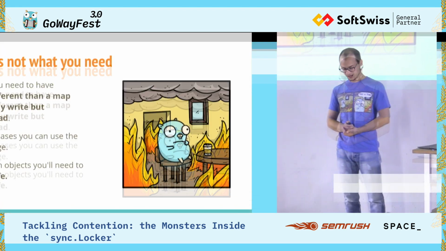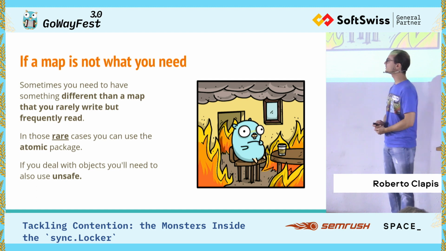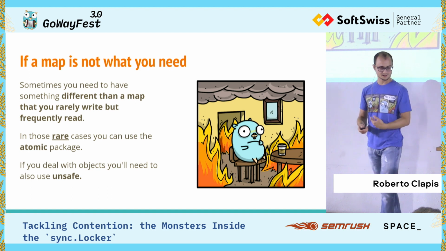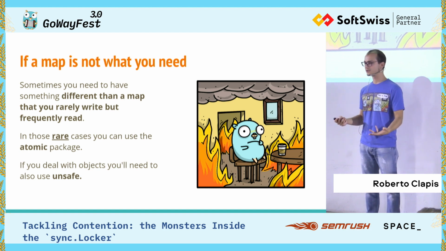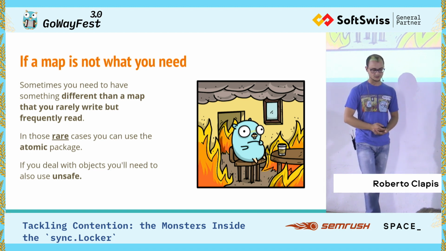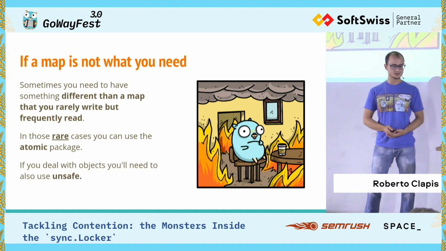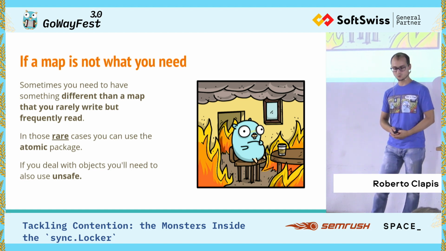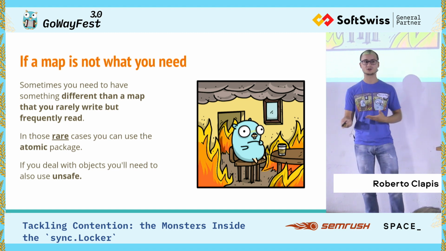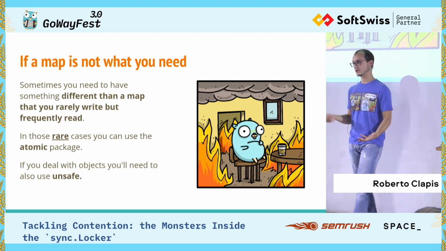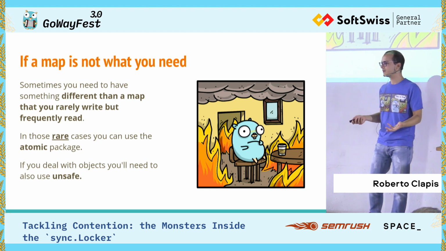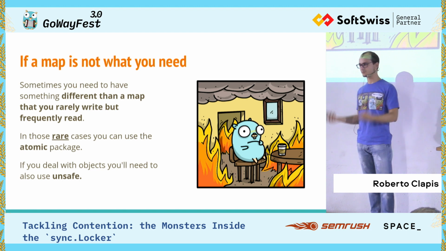So, I was doing my research, I was trying to get rid of contention, and I got to this point and I was like, what if I don't need a map? What if I want something else? What if I want to have a central variable that I need to read many times, but I almost never write? There are ways. You can use the atomic package, and if you go the atomic way, most of the time, if you need to synchronize a struct, you need to use unsafe pointers. And it's like juggling razor blades. It's not like it's impossible. There are people that can do that, but most of the others have stopped because they lose some fingers.